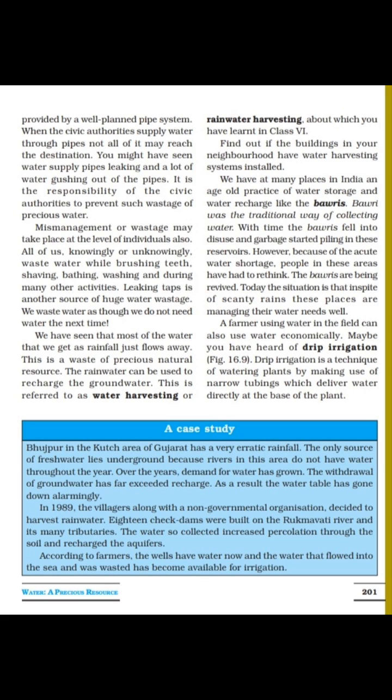In the first four periods, we learned about how much water is available for us to use, forms of water, how groundwater is an important source of water, depletion of water table, and reasons for depletion of water table, that is increasing population, increasing industries and agriculture activities. Then we learned that distribution of water is uneven on the earth, and about water management. In that we learned about rainwater harvesting and drip irrigation and how they are useful to save water. Today we will see the remaining part of this chapter.